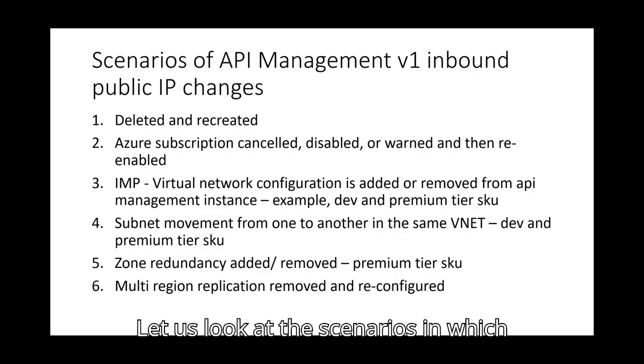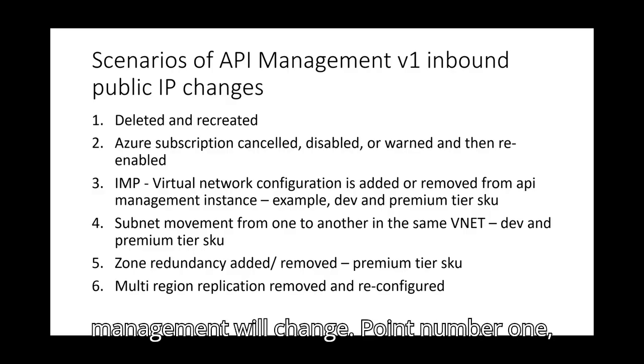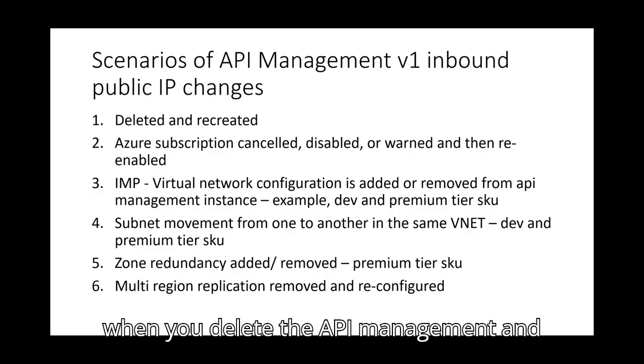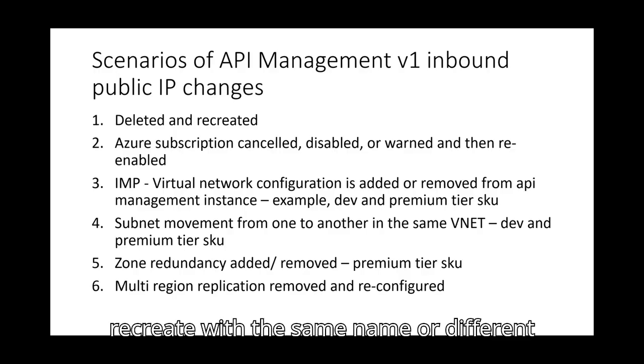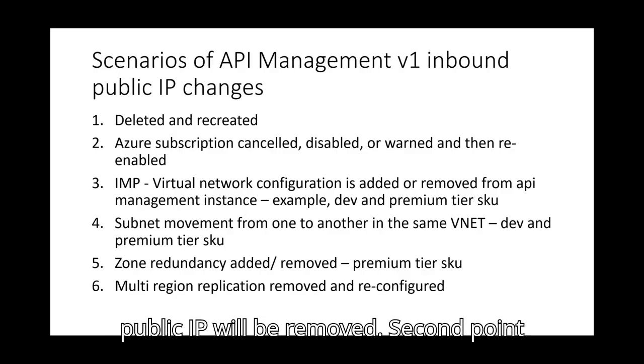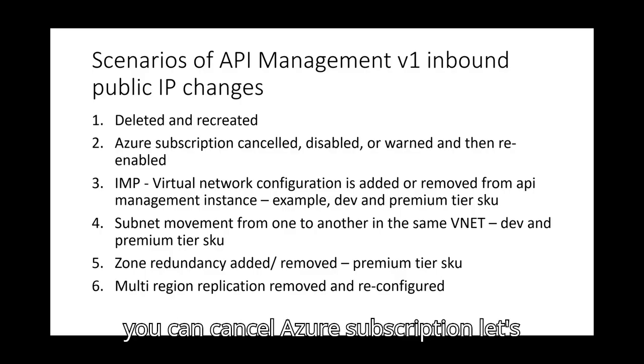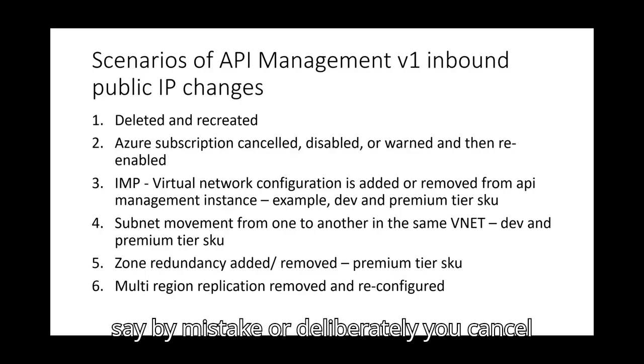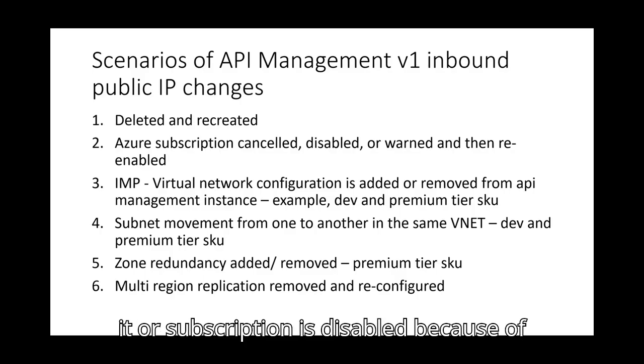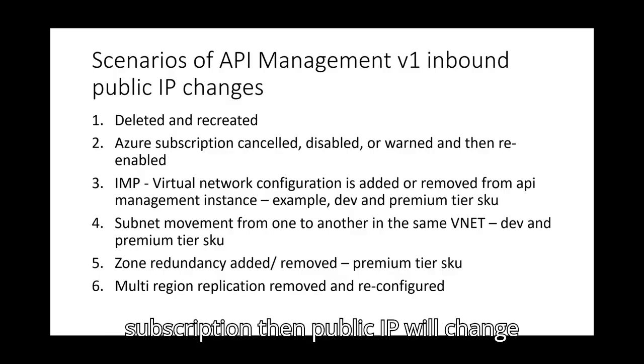Let us look at the scenarios in which the inbound public IP assigned to API management will change. Point number one, when you delete the API management and recreate it with the same name or a different one, it doesn't matter, your already assigned public IP will be removed. Second point, you can cancel the Azure subscription, let's say by mistake or deliberately, or the subscription is disabled because of non-payment, or you get the warning of non-payment and then you re-enable the subscription, then the public IP will